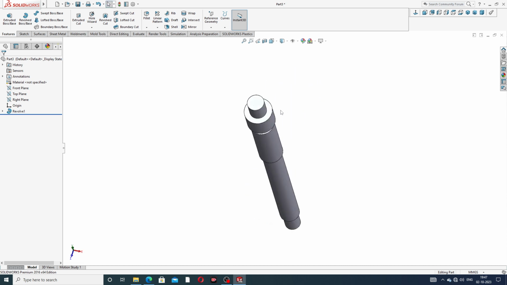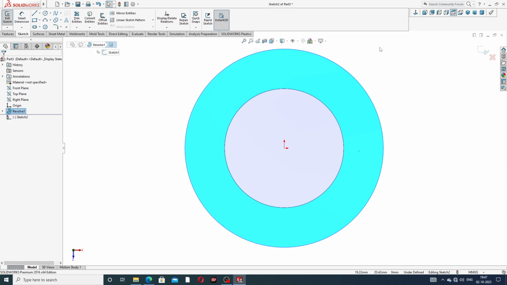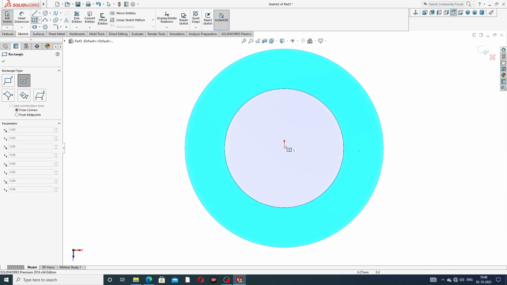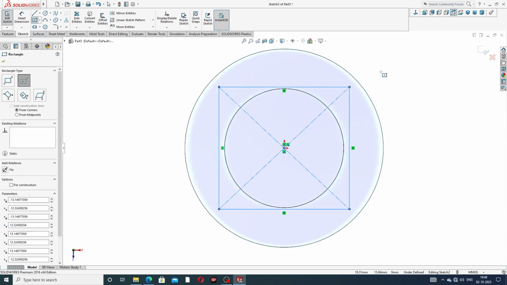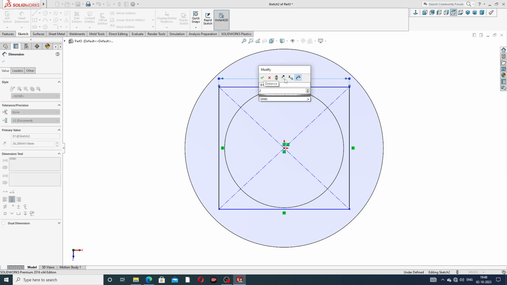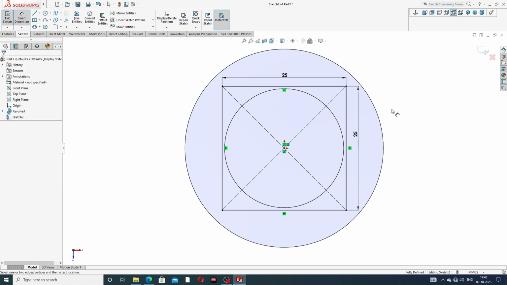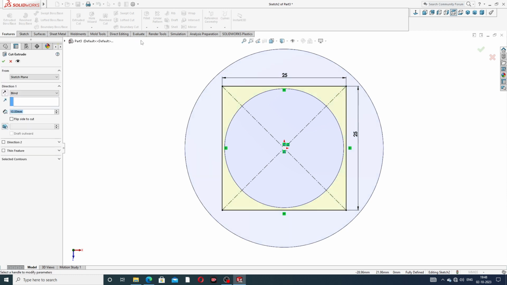Okay, all is perfect and correct, and this face is a sketch here, normal. Okay, and use this, and this use a center rectangle, and this is a perfect, and this is a 20 millimeter, and also this is a 20 millimeter, this is a 25 millimeter, and also this is a 25 millimeter is correct and perfect, and extrude cut is also better,